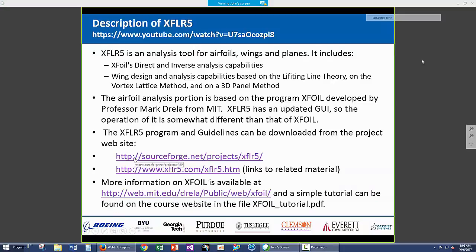XFLR contains XFoil, and so the airfoil analyses are actually done in XFoil. The front end to doing that, I find, is a little easier. It's graphical. The wing design is done with some lifting surface theory. I put right up here at the top a series of YouTube videos on how to utilize this. These videos are by the writer of XFLR. There are also program guides and